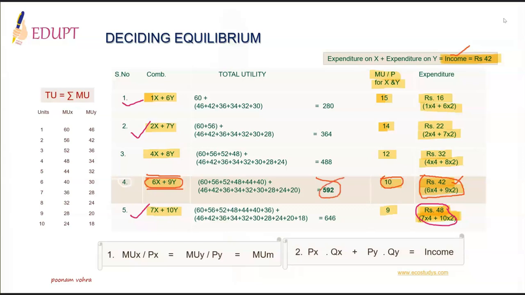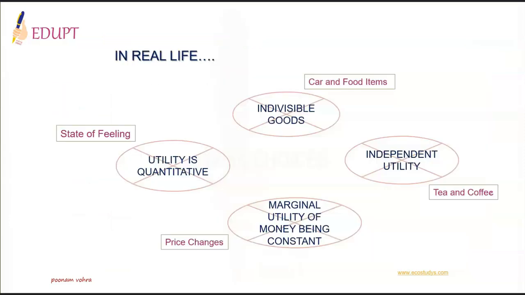And one can find total utility by taking the summation of marginal utilities. So, the consumer is in equilibrium at this combination. Though theoretically it is possible to find consumer's equilibrium using utility analysis, in real life it's difficult to apply because